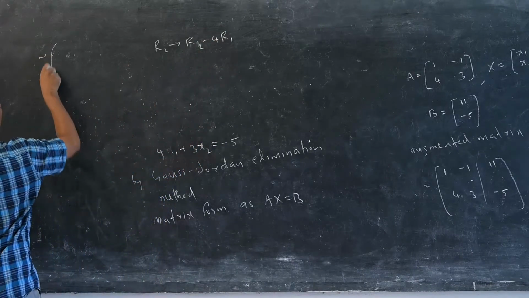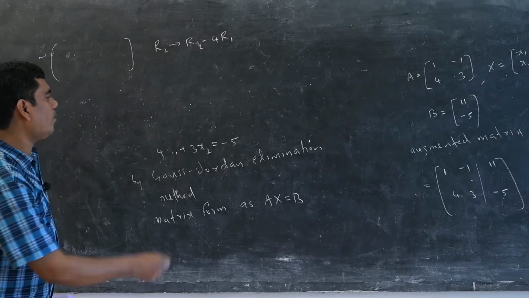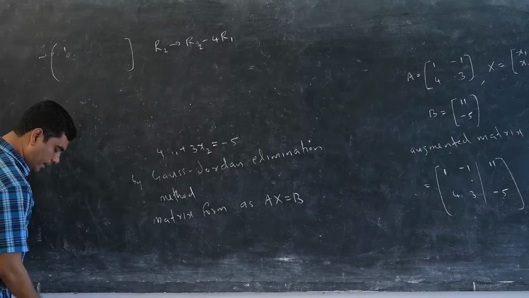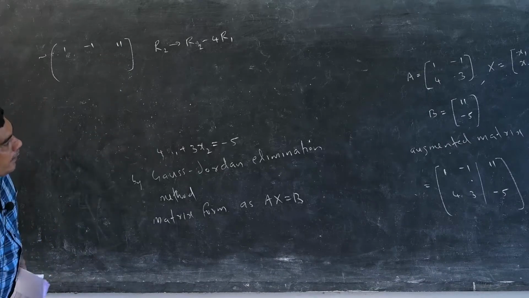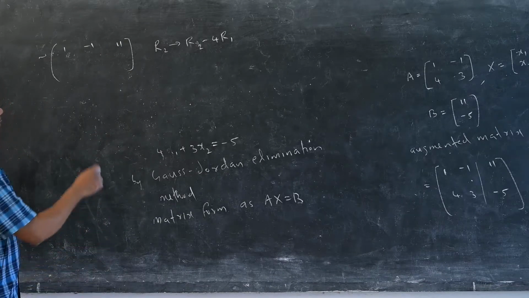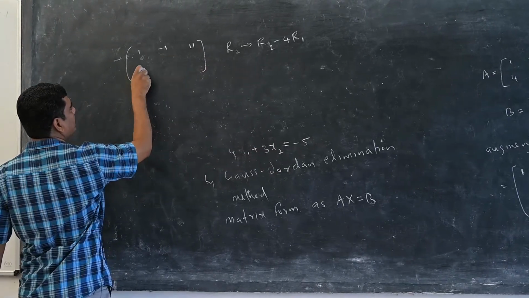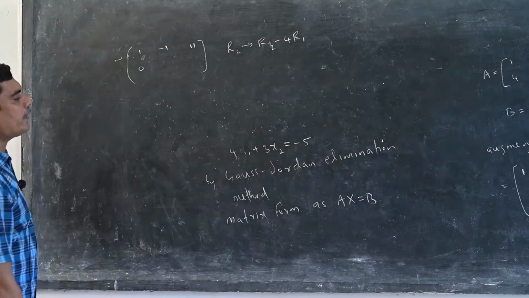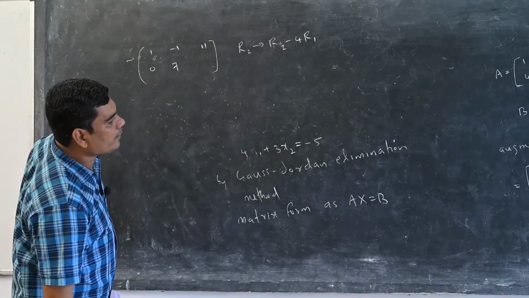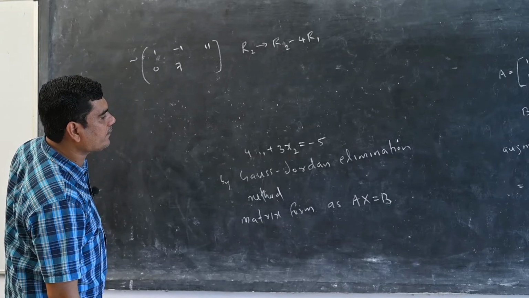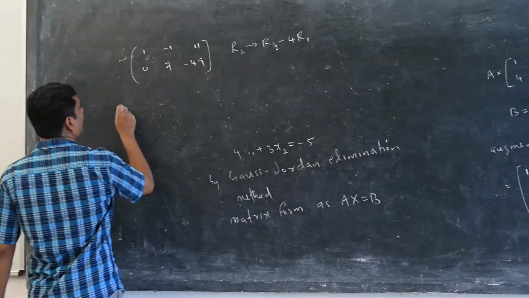So this is equivalent to, we do this elementary row operation. This is 1 minus 1 11. Now 4 minus 4 into 1, it is 0. 3 minus 4 into minus 1, it is 7. Minus 5 minus 4 into 11, minus 5 minus 44, that is minus 49. Now this is equivalent to,